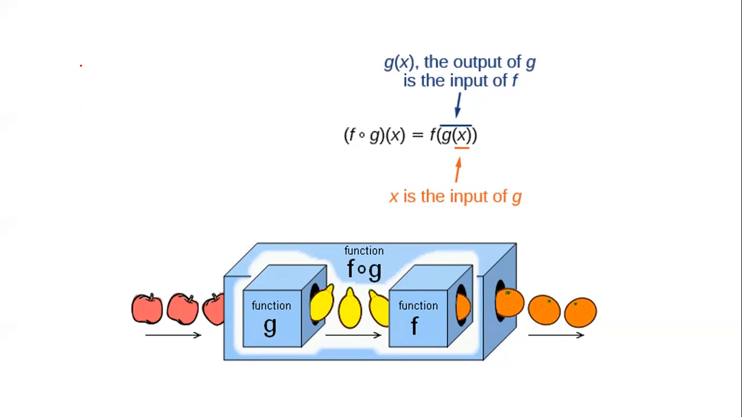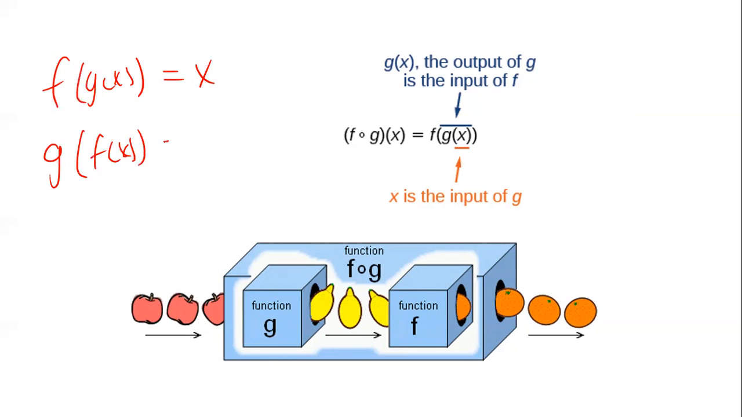Now, why is composition important? Because it lets us know if two functions are inverses of each other. So if I take f of x and I substitute g of x in and I get x, or if I take g of x and I substitute f of x in and I get x, that means the two functions are inverses. And it sounds weird, but